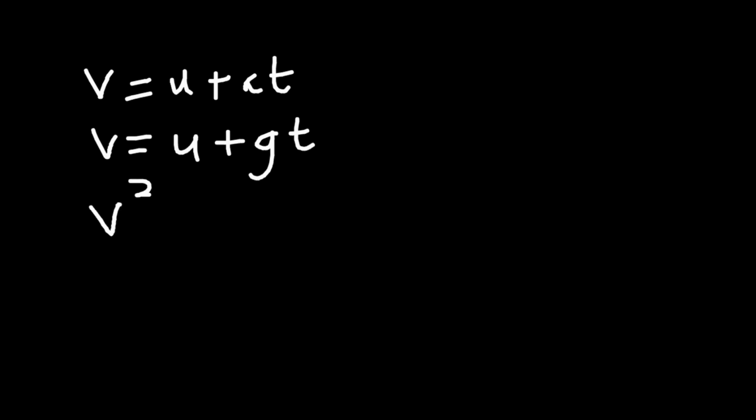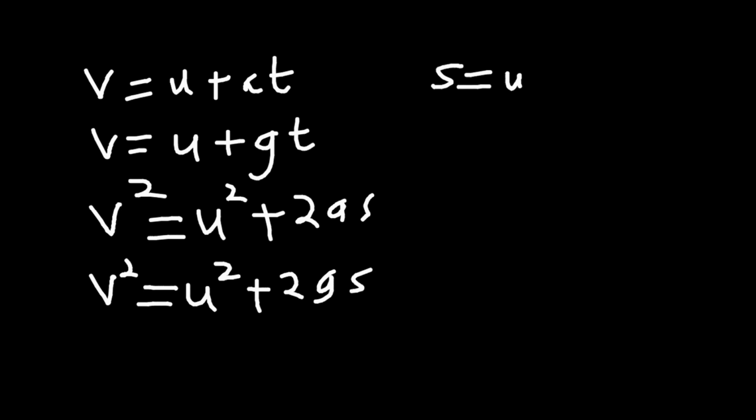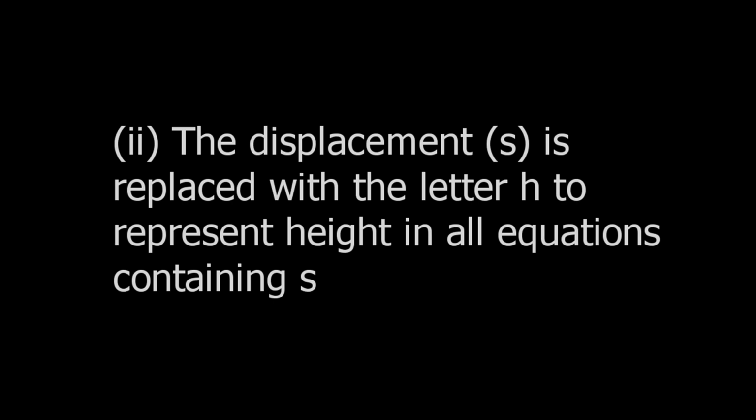Also, v² = u² + 2as becomes v² = u² + 2gs. And lastly, s = ut + ½at² becomes s = ut + ½gt². So we notice that all the a's in the equations of motion are now being replaced with g, that is acceleration due to gravity. Also, in alphabet change, the displacement s is replaced with the letter h to represent height